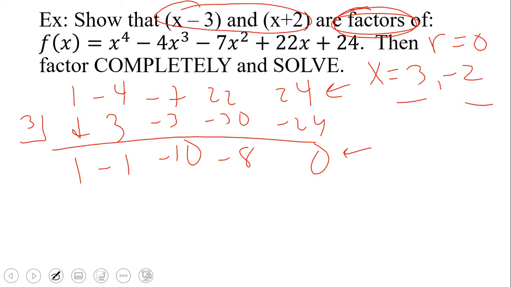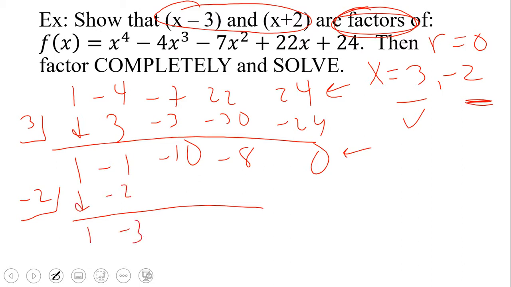But here's where the idea of doing synthetic division multiple times in a row comes in. Now that I know that 3 works, whatever polynomial is left has to be divisible by whatever root I haven't used yet. So right underneath, I'm going to go ahead and put -2 in the box. When you draw your line, skip the 0, since the remainder is 0, that's no longer part of the problem. And you're now going to use 1, -1, -10, -8 as your coefficients. That is the cubic function. So perform synthetic division again by bringing down the 1,